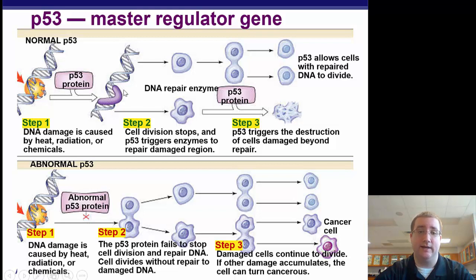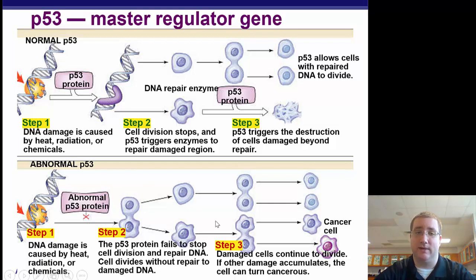The P53 gene and protein has done its job. If it's unable to fix that damage, it's then going to send signals and say, we can't fix this. There's no hope. This cell needs to go. So it can cause apoptosis to occur and destroy and get rid of those cells that are damaged beyond repair. Now, if you're a cancer that has an abnormal P53, then there's a mutation in that P53 protein, so it no longer does its job anymore. So for that damaged DNA, there's nothing in the cell that can sense it anymore. So there's nothing to stop that damaged cell from just dividing and dividing and dividing.